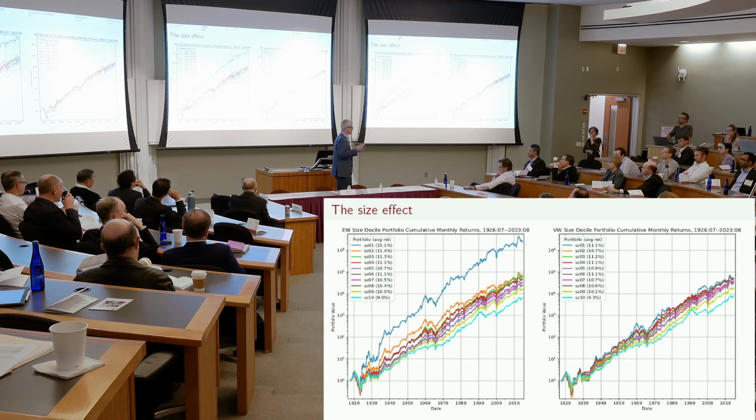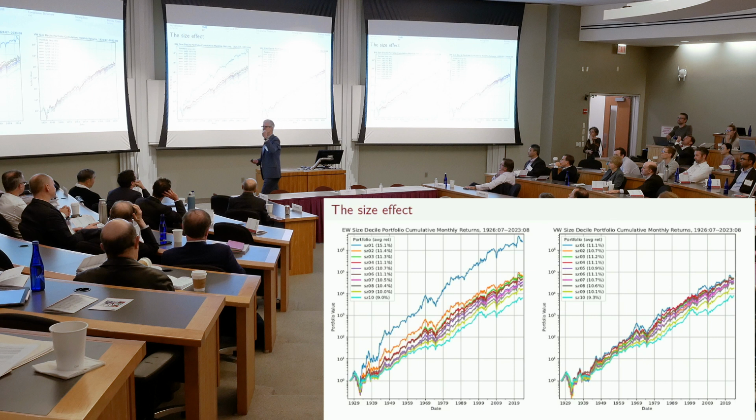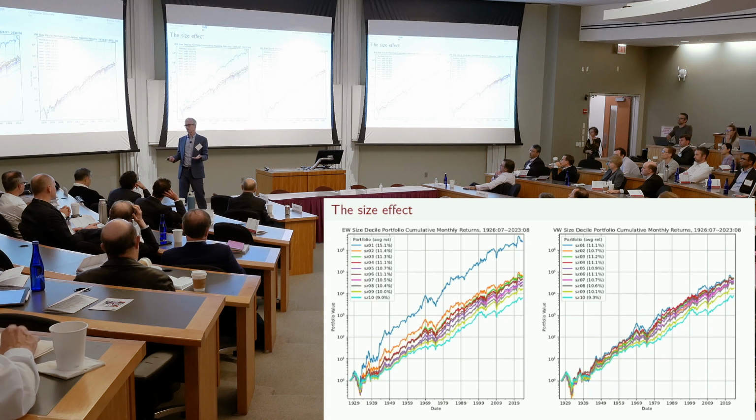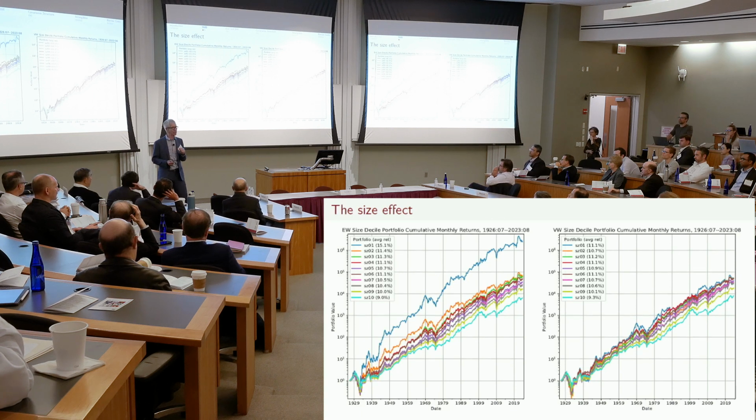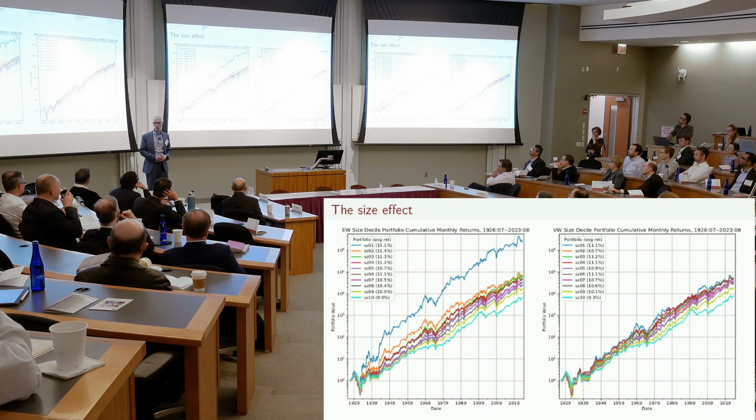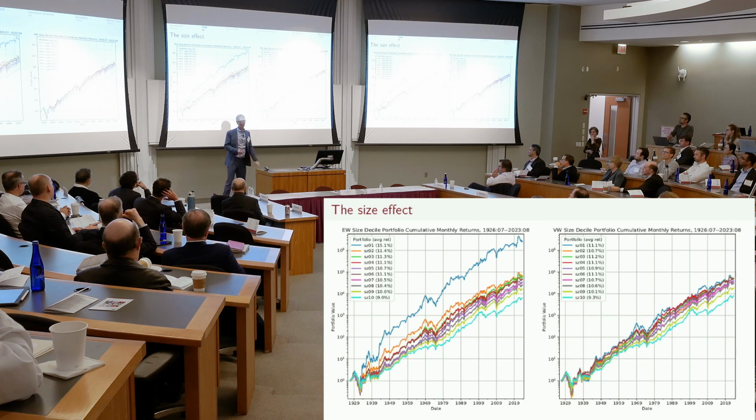So an equal weighted portfolio has a huge amount of trading going on where you're buying whenever the price goes down and you're selling whenever the price goes up. To the extent that there's any bid-ask bounce or illiquidity effect, that's going to lead to much, much higher estimated returns. But those returns probably couldn't have been achieved because you really couldn't have traded at those prices. Okay? So you can see this blue line, the small firm portfolio, earns really big returns of about 15% per year. But of course, when you equal weight, that brings it down to 11.